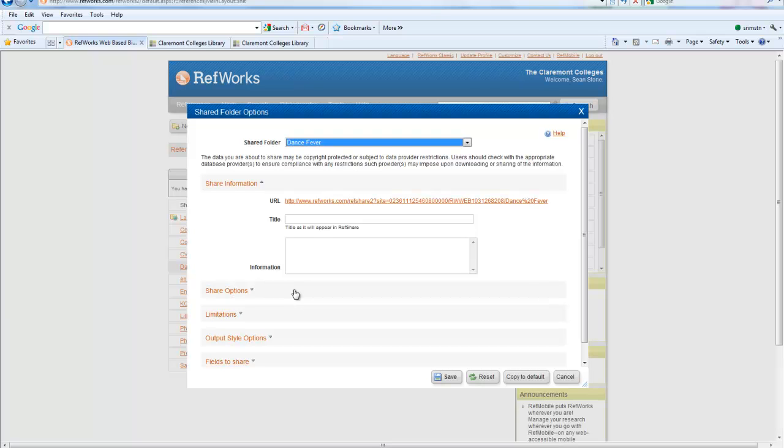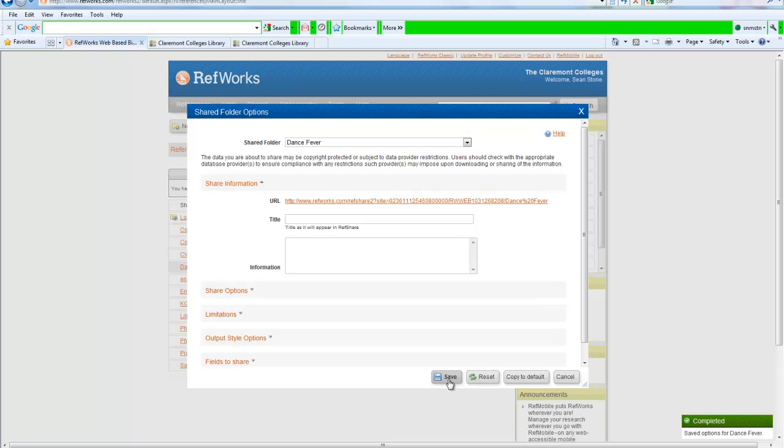For right now, it's best to just leave them alone, but it is a good idea at some point for you to look through here and see all the different things that you can do with altering the information that you're creating as far as the different options that you have for sharing. And if you don't like some of these options, you can always go back later and change them. But for right now, we're just going to save it. It shows that as being completed, so now you've created a file someplace that will allow other people to get into this particular URL through